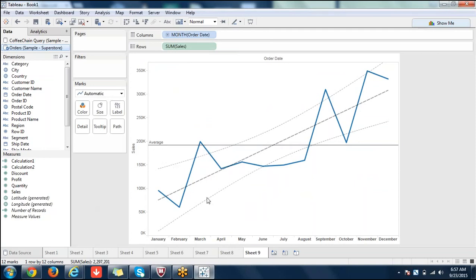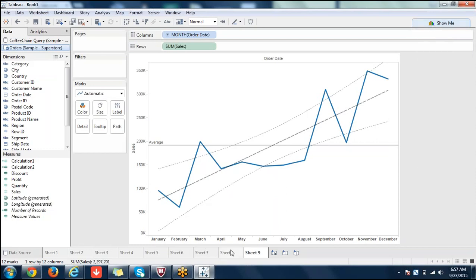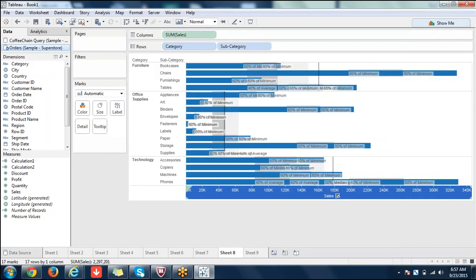Okay, reference lines anywhere means you can't add reference lines to a pie chart. Okay, please remember that you can't add reference lines to pie charts or bubble graphs. Maybe it will display, but it will not display properly. Okay, so in such scenarios you can't, because you need to have proper data. Display should be proper like this. Okay, so in charts where there is no axis, in a pie chart there will be no axis. If you remember, pie chart and bubble graph or such things, there will be no axis at all.